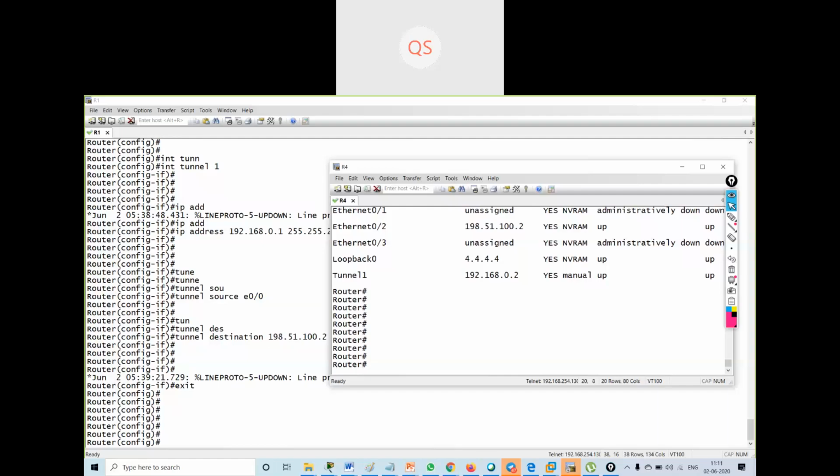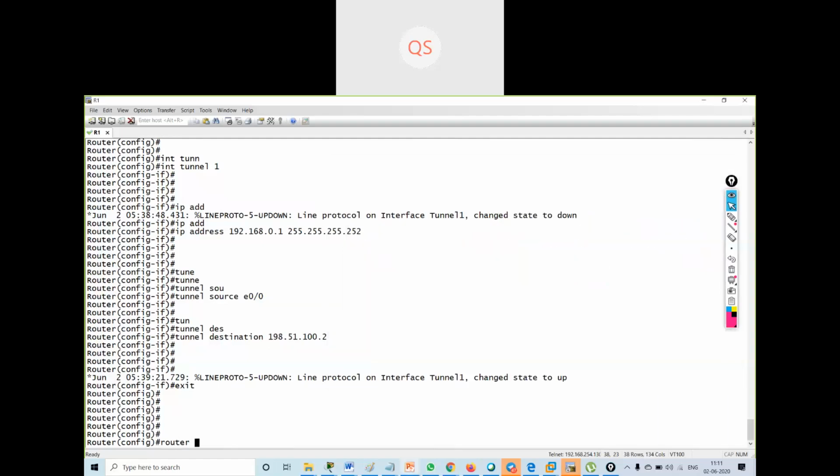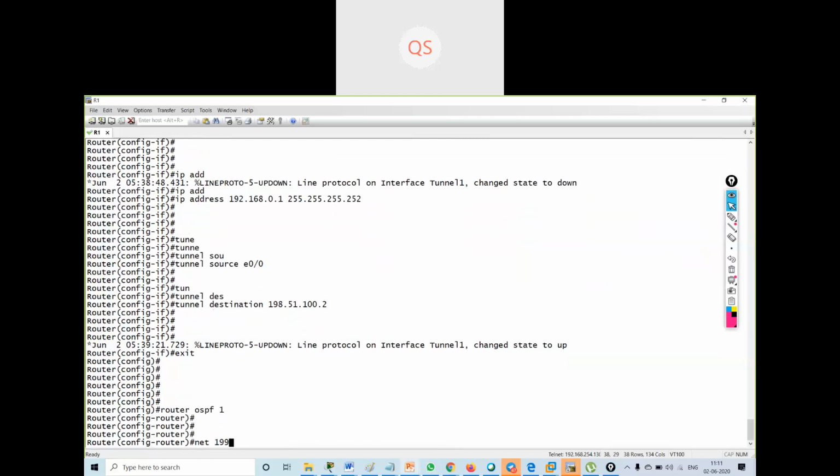Okay, then router OSPF 1. I'll say network 192.168.0.0 0.0.0.3 area 0. Okay, then on R1, router OSPF 1, I'll say network 192.168.0.0 0.0.0.3 area 0.